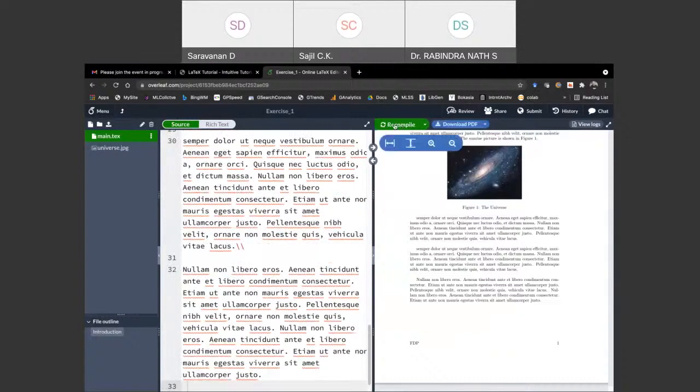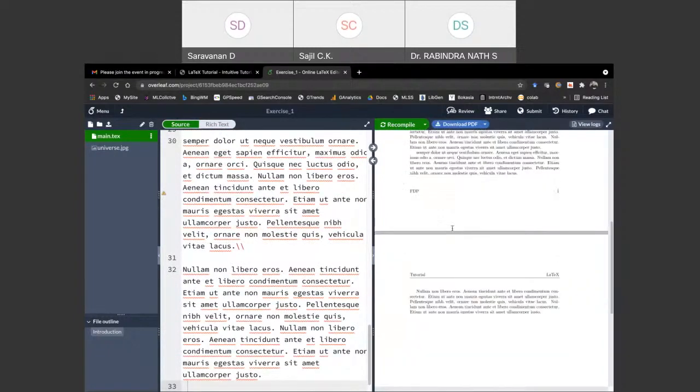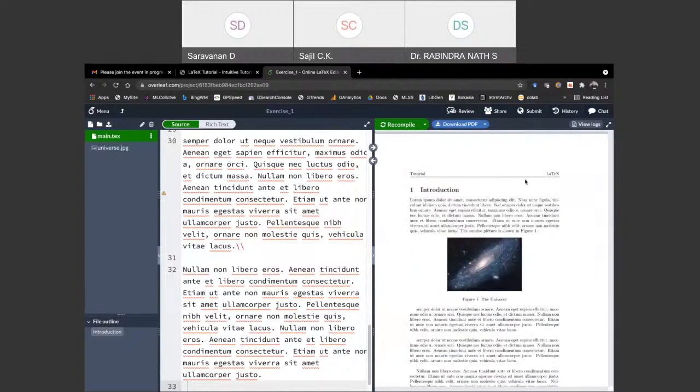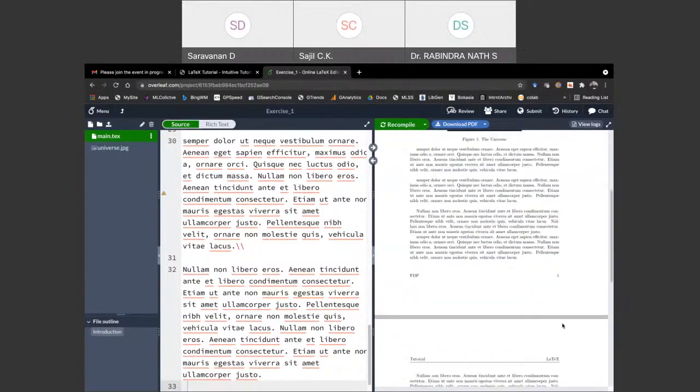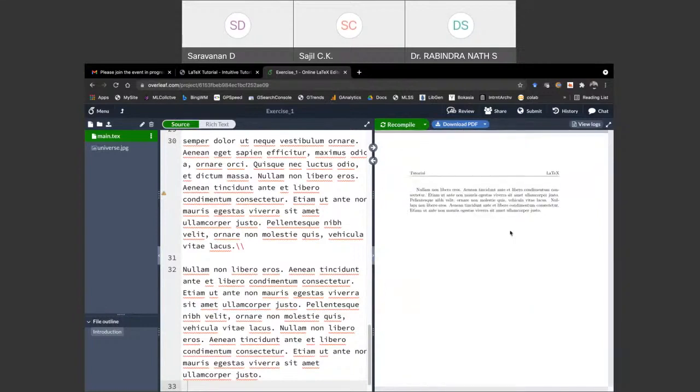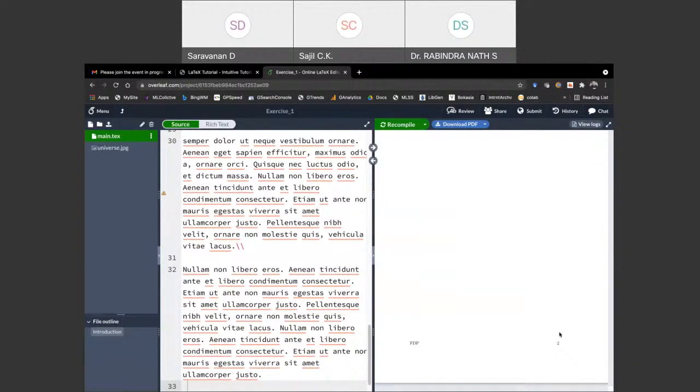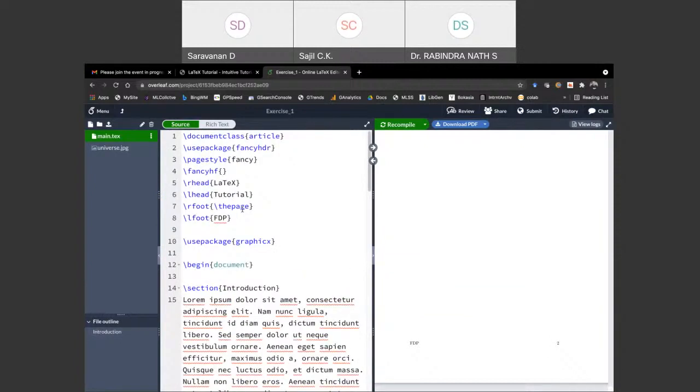On the first page, you have the same tutorial here, LaTeX here, FDP here, page number 1 here. On the second page, you have the same things, except that the page number is updated. By giving \thepage, that will automatically insert the page number. Since we are giving the right footer, it is appearing on the right side.